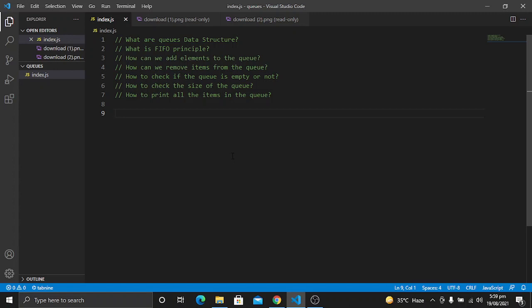Hey, what's up guys? In this video we are going to learn about the queue data structure. So the agenda of this tutorial is that first of all we will learn about the data structures, what are queue data structures. Then we will learn what is the first in first out principle, the principle that is used in